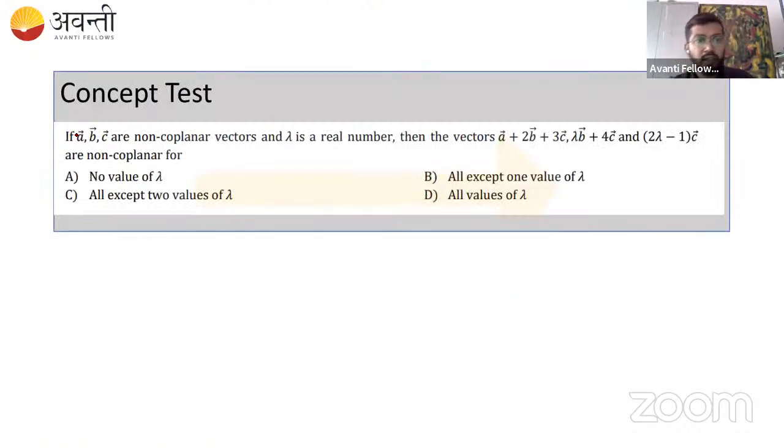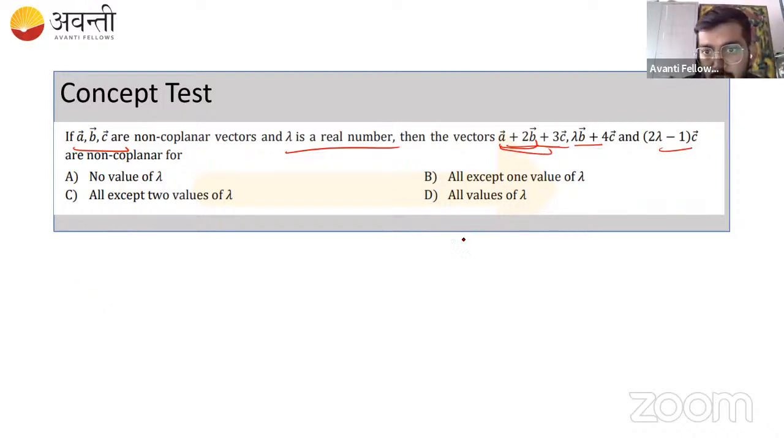Concept test. Now, a bar, b bar, c bar are non-coplanar vectors, and lambda is a real number. Then the vectors a bar plus 2b plus 3c, lambda b plus lambda c, and 2 are non-coplanar for what? So, can you understand this question? In this, we will have to use that property which we studied in the last. So let's call all the vectors